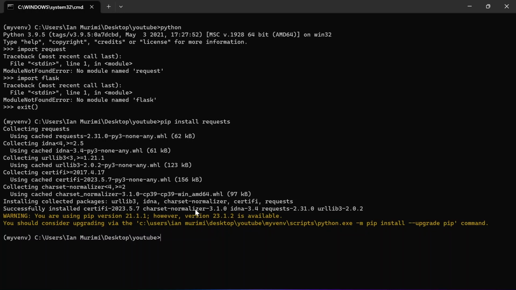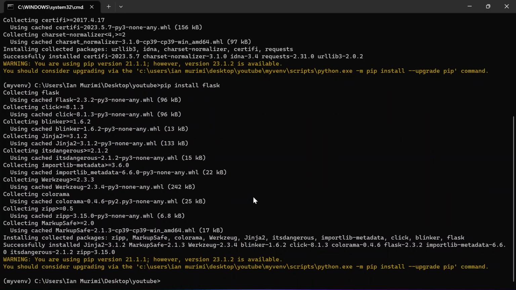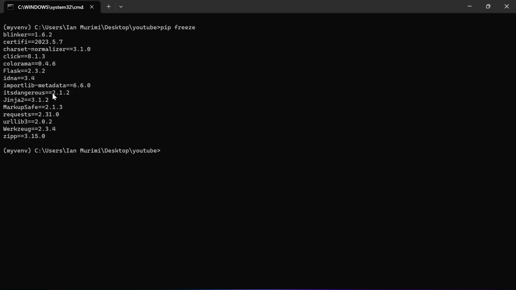So I'm going to type pip install Flask. Okay, let me clear the screen. So if I do a pip freeze again, you can see you have a couple of packages with their respective versions.